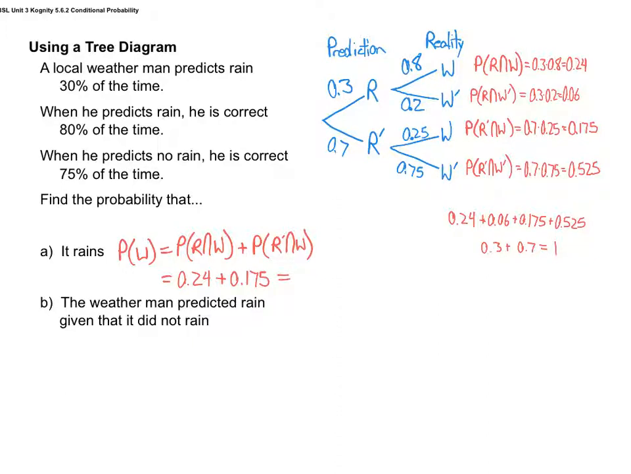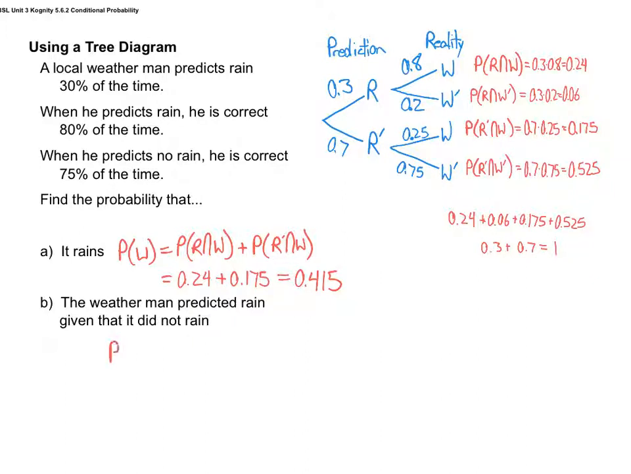And we find that it actually rains 41.5% of the time. Right? 0.415. So 41.5% of the time it rains. Does everyone understand how we got that? Okay? Now, part of the reason why we figured that out is because our next question here,